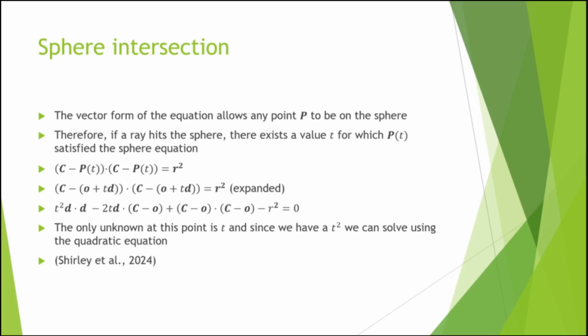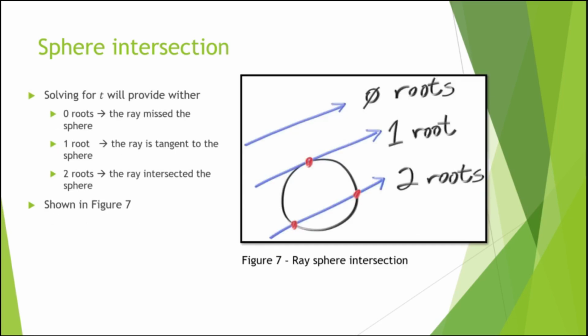So when we expand it, we get a nice quadratic equation, and the only unknown is t squared. So what do we do with this t squared? We see how many roots it has. If it has 0 roots, we fully miss the sphere. With 1 root, we are tangent to the sphere, and if we get 2 roots, then we went through the